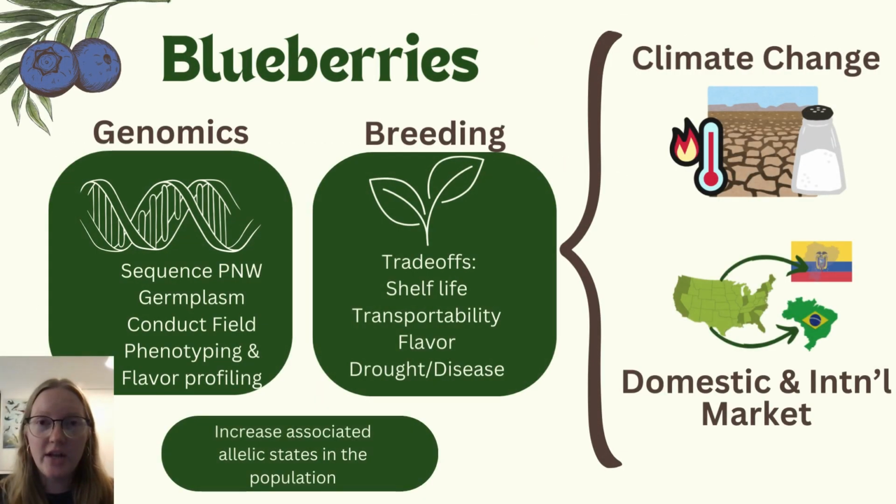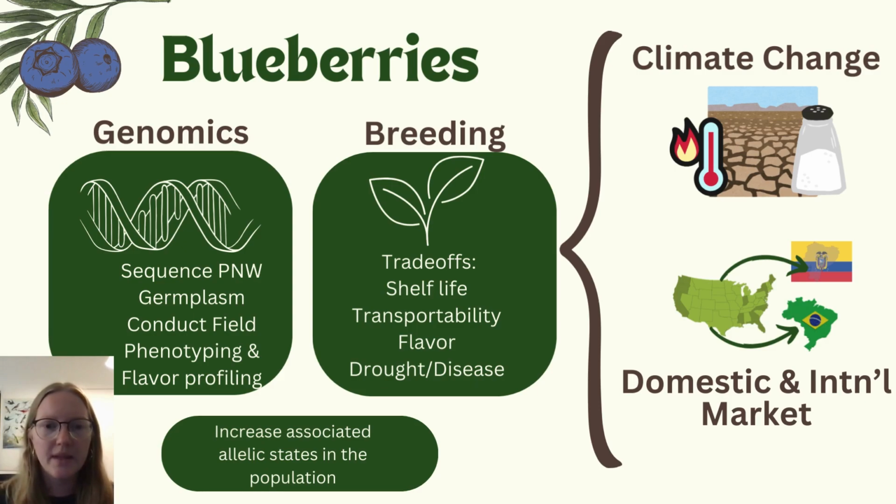So amongst all of these challenges, we can use the resources available at UC Davis to address some of the consumer needs. For example, we can use the genomics resources at UC Davis in order to sequence the Pacific Northwest germplasm that's already been grown in the area. From there, we could conduct field phenotyping for different agronomic traits like yield and perhaps resistance to certain disease pressures,